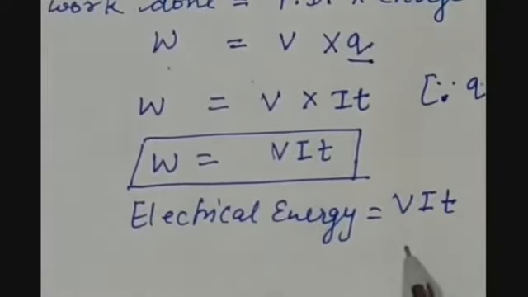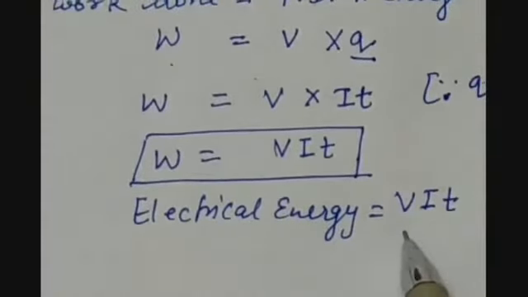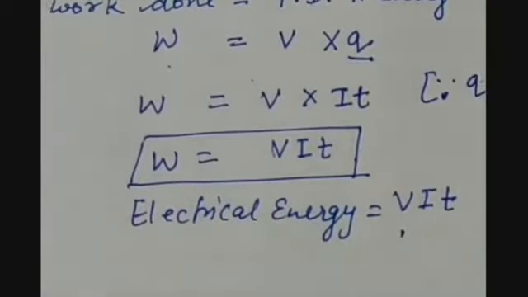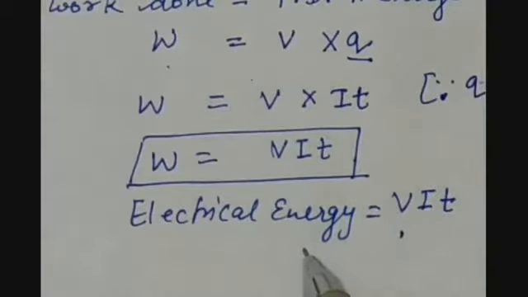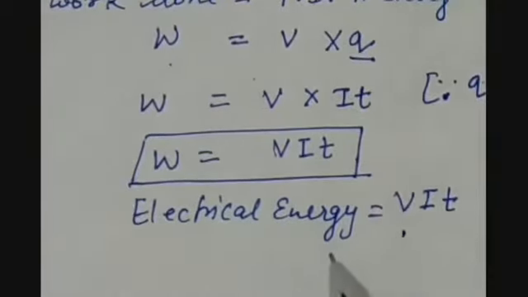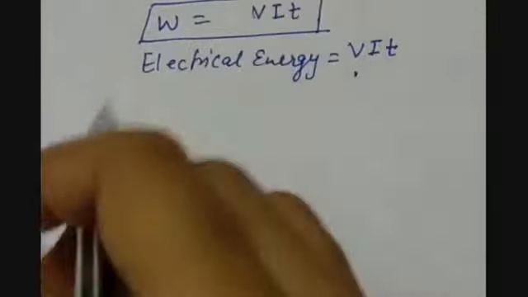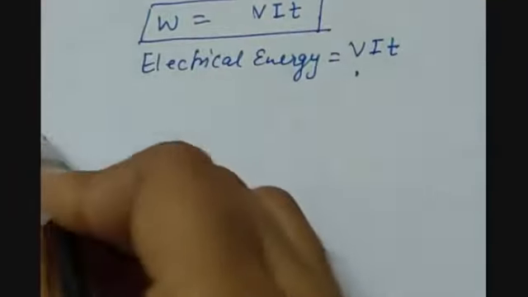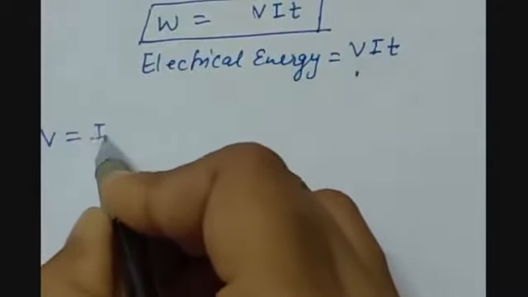You must be remembering that this formula is equal to the heat energy developed, because that is also one form of energy. But here, this is electrical energy. This is not specially the heat form of energy which is developed here. This is the electrical energy, or the work done to maintain the current in the circuit. We can also have the modified forms of electric energy, like according to Ohm's law, we have V is equal to IR.